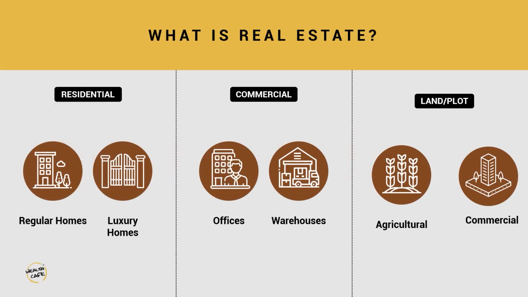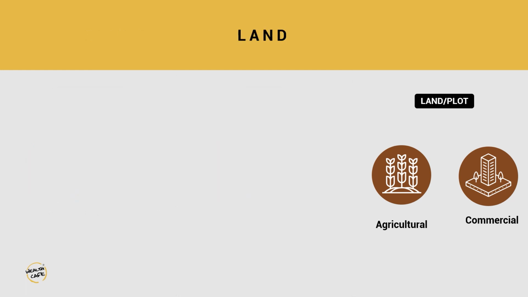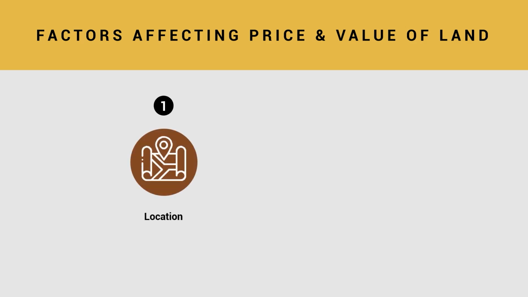The third option when investing in real estate is buying land. Land can be buying agricultural land, which will help you get regular returns in the form of the agricultural produce that can be made from that land on a yearly basis, or buying a plot which can be used for constructing a building which can be given out either for commercial purposes or for residential purposes. Three unique factors which affect your investment in land, the first one being common across all our real estate investments, that is location.